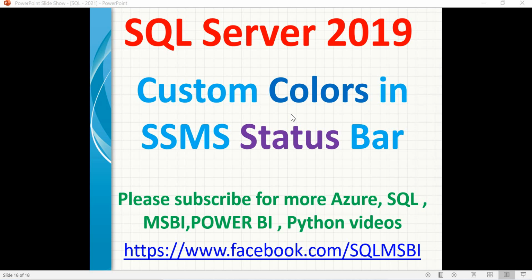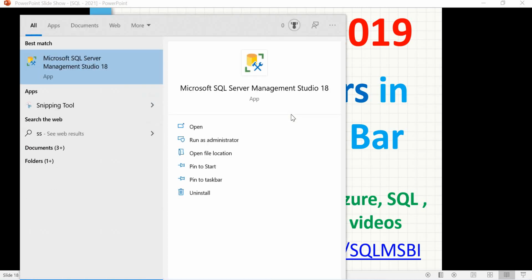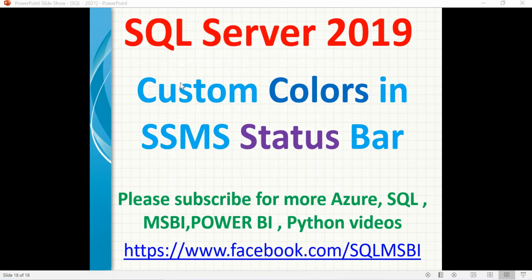So now, how to set the colors first of all. You will be setting up the colors while connecting in SQL Server Management Studio. Once you set that color on a particular machine, it will be there forever. When you connect to the same server from a different machine, it again goes to the default colors. The default color is a kind of light gray color. So let me show you what I'm talking about practically. Let's quickly go to SSMS and connect now.